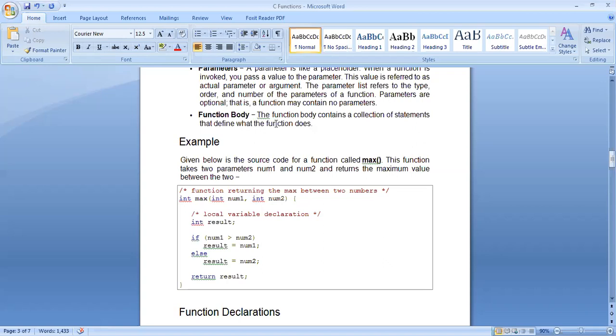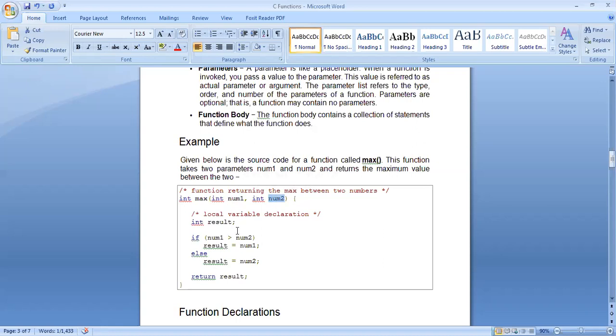If I want to add 2.5 and 3.5, which are float numbers, then the data type has to be float. Whatever value I pass to the function, the type must be the same. And these are the argument names that will hold the values that I have passed.